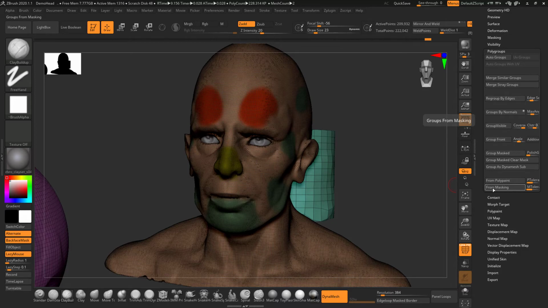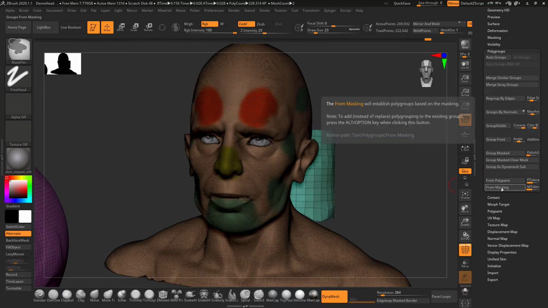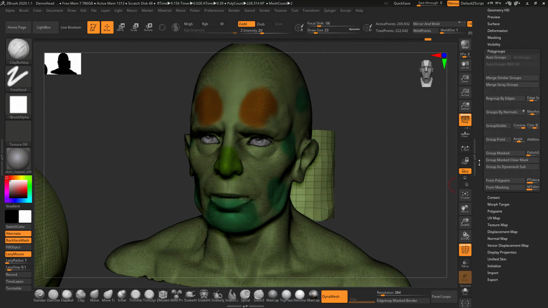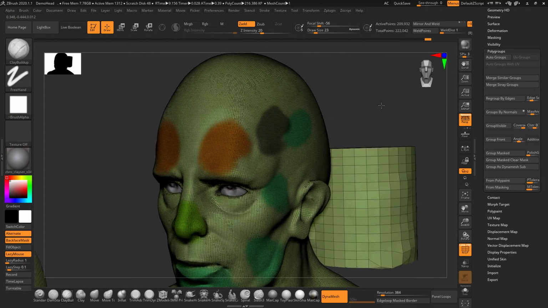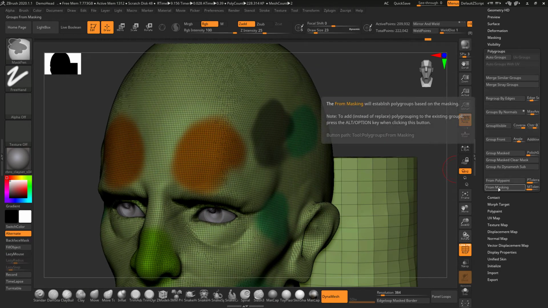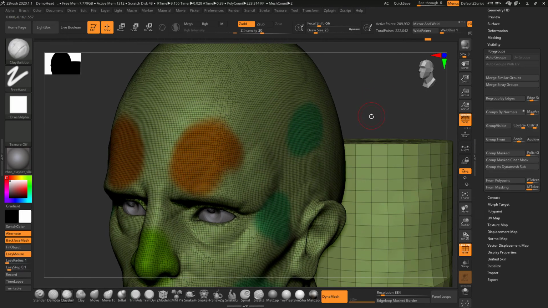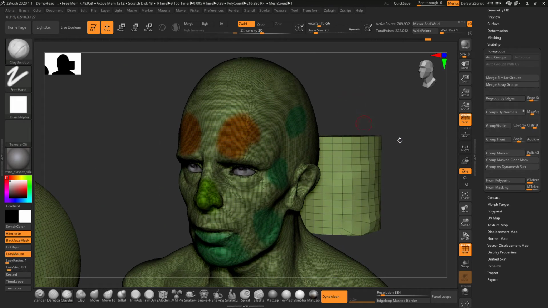This is one of the most interesting options and features.